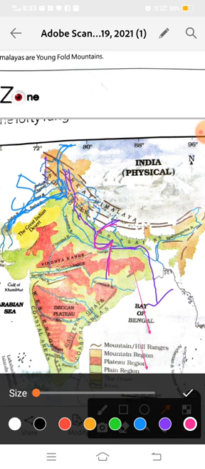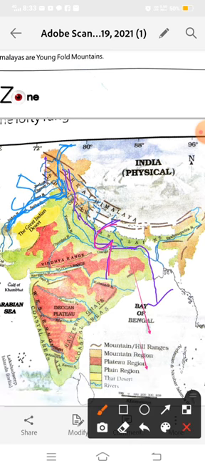Okay, and you learned that the Brahmaputra river, known as the Sangpo, originates from the Mansarovar lake in Tibet. It enters India from Arunachal Pradesh, and it is known as the Sangpo outside of India, but when it enters India, it's known as the Brahmaputra river, and the area where the Brahmaputra river flows,